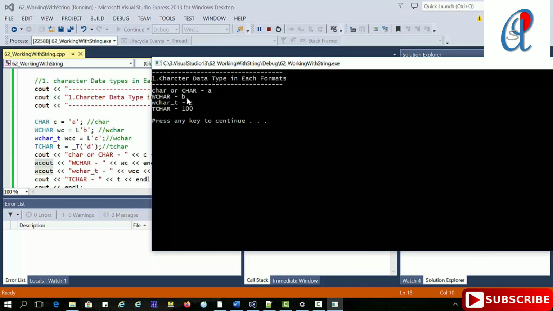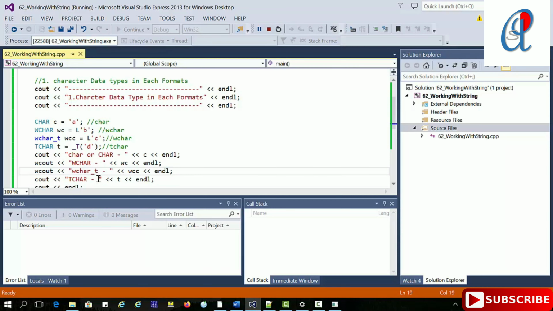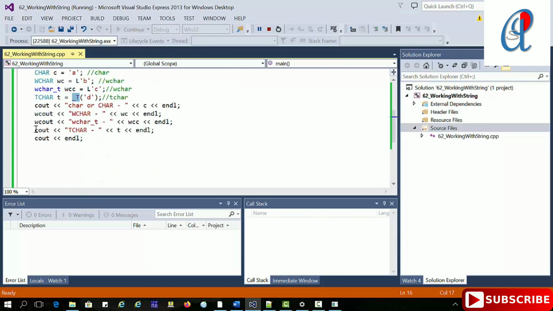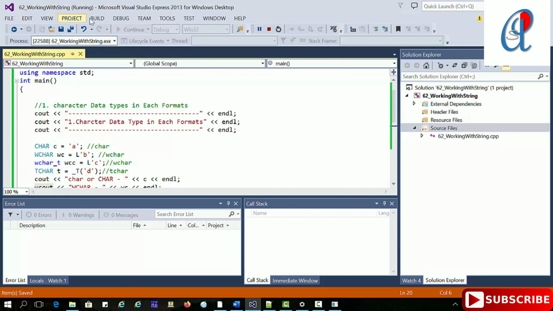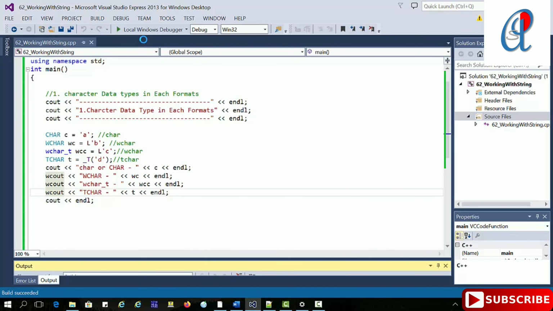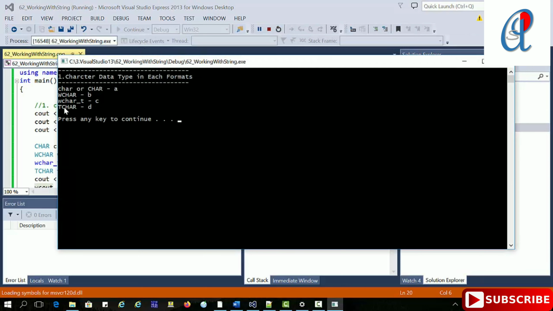So B here, then WCHAR underscore here C, and here C. This TCHAR is not displaying, so you have to use wcout here. Run this. Now you see it is displaying D.